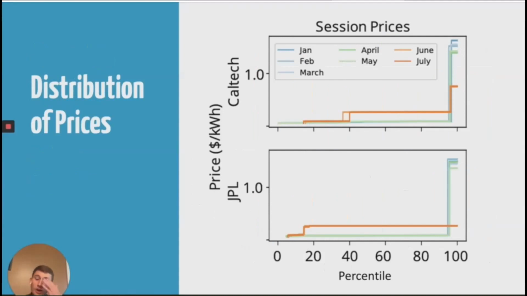Now, I've covered so far the revenues for the operator, but we also might be interested in what prices users are paying. And what we'll see from this chart is that most users are paying a fairly low price, but there are a small number of users that need to pay a very high price. And we might ask, why is that the case?